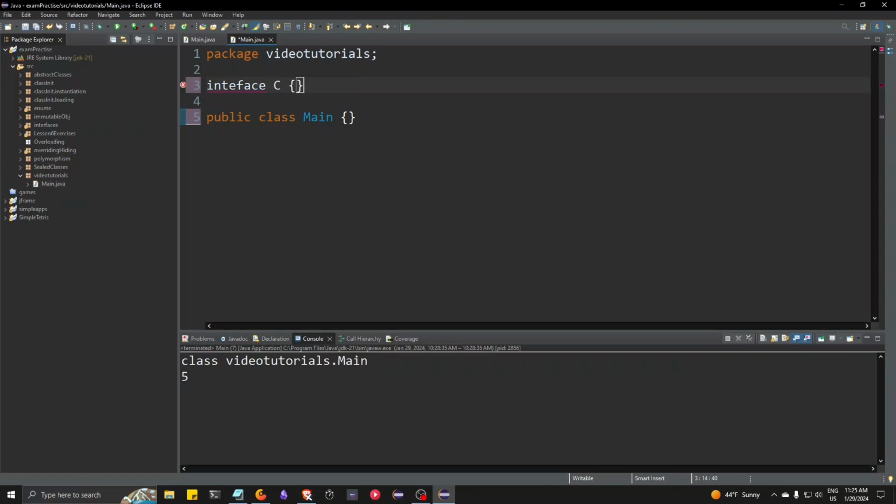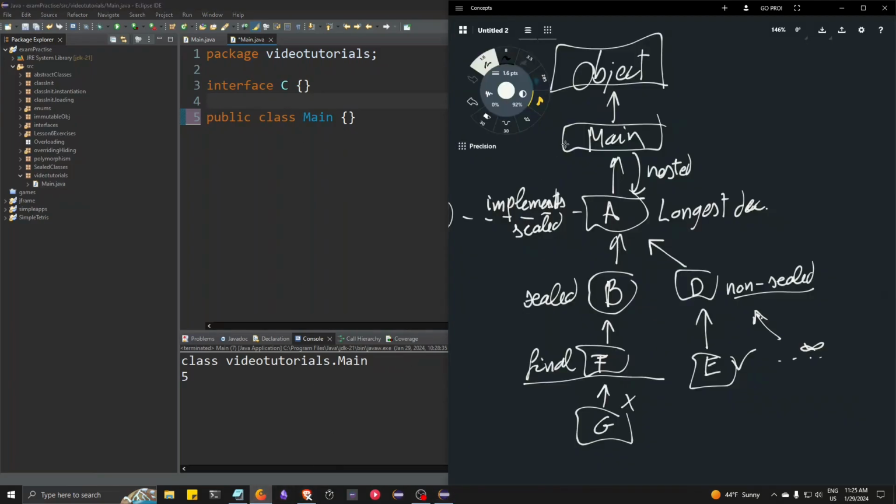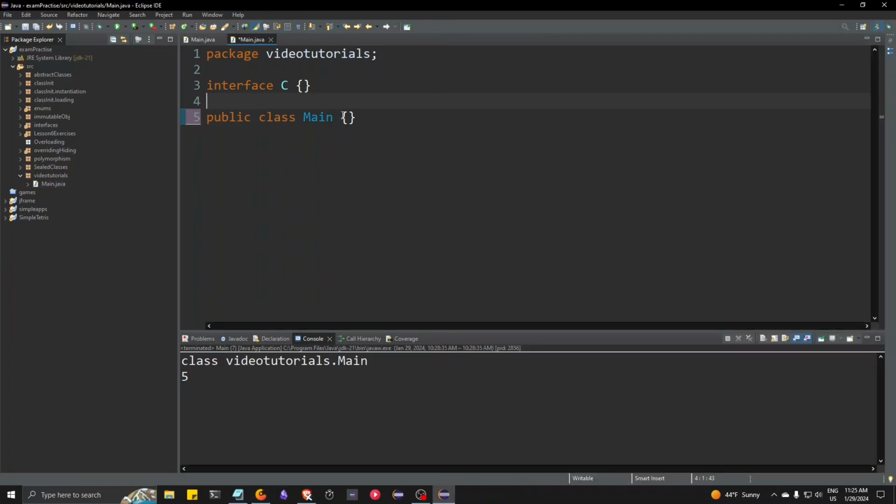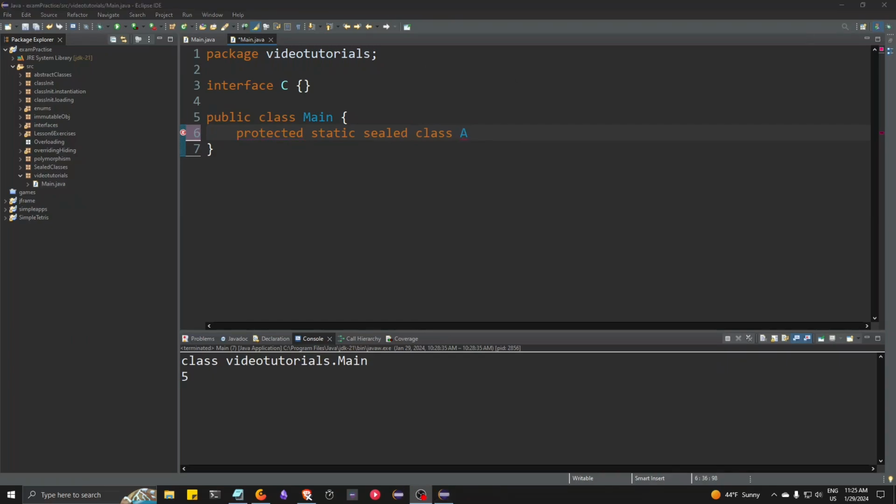And it's going to be the C, it's just an empty interface. I messed up. Interface. Good. Because if you recall correctly, we are going to have this C here that can be implemented by A. And now let's create a protected static field class A. And I will add the other stuff to it, but first,